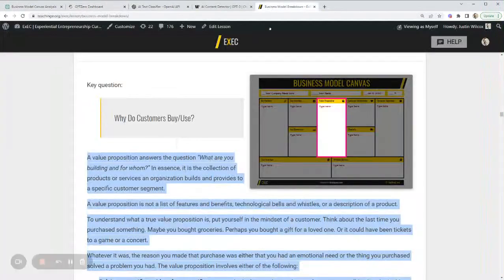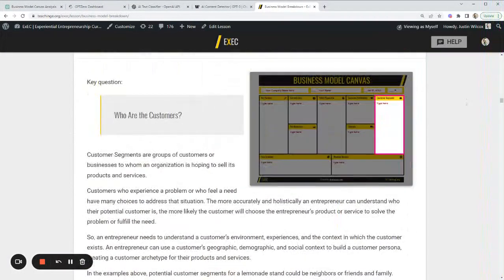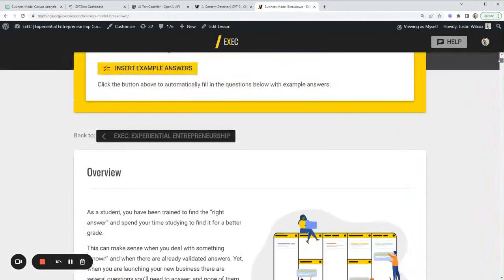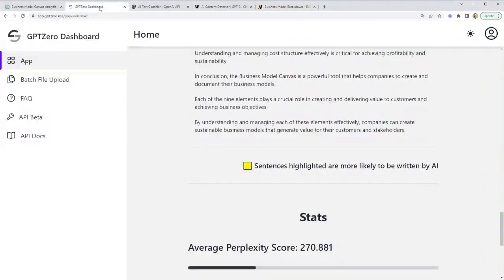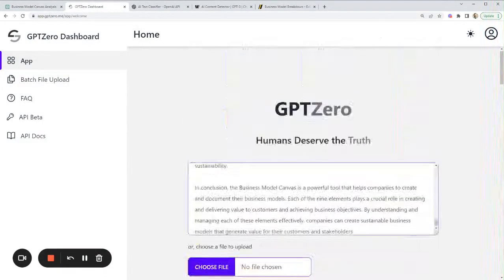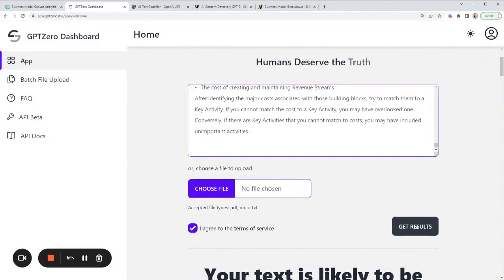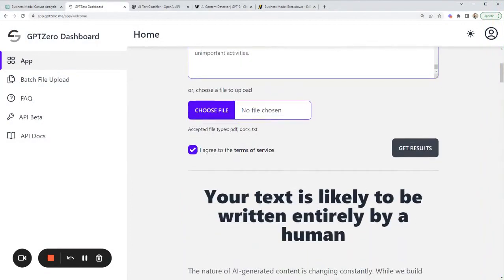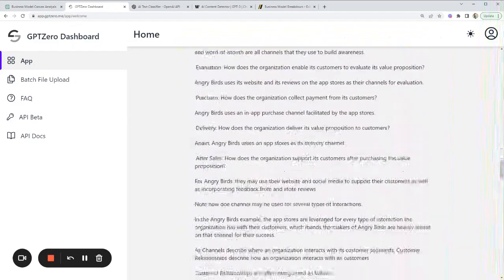So GPTZero, it's kind of on the fence. If we compare it to something like this, so this is business model breakdown. This is the content from our curriculum, which was definitely not written by an AI. And we paste this into something like ChatGPT, paste it in here, get results. It says this text is written entirely by a human. And it has these two measures on the bottom here